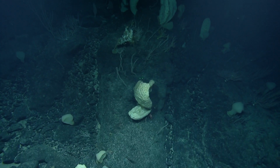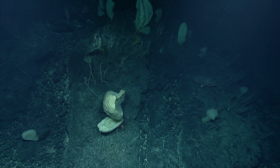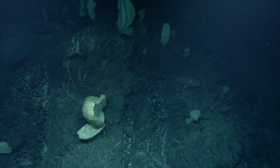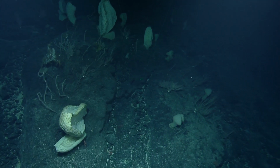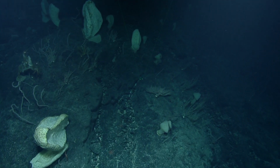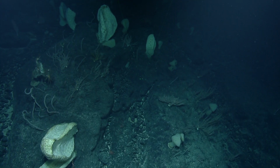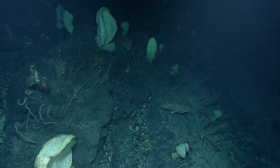Well, these sponges are lucky. They're in a fully protected area in Papahanaumokuakea Marine National Monument, and NOAA is actually considering this area for designation as a national marine sanctuary, which will provide additional protections for that place. And we have some public meetings coming